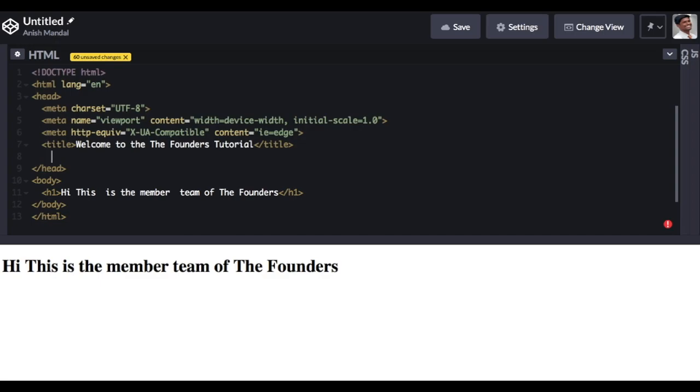Do you remember? Whatever JavaScript code you write must be in between the script tag.